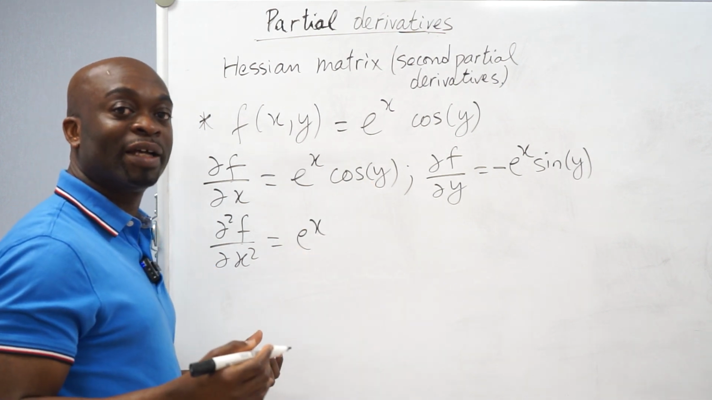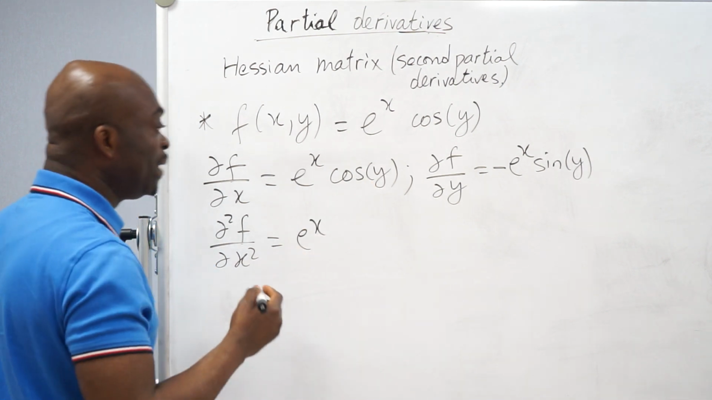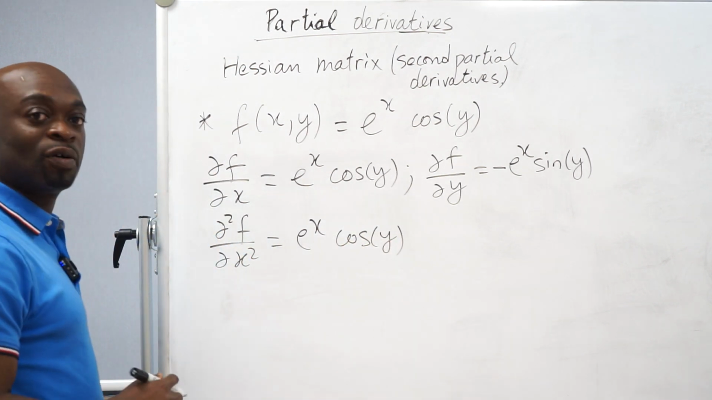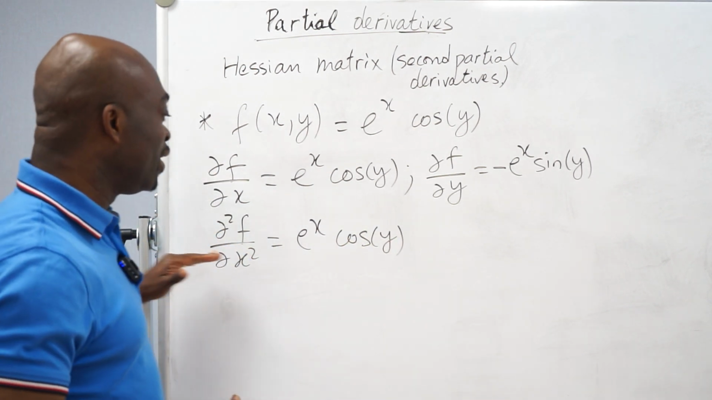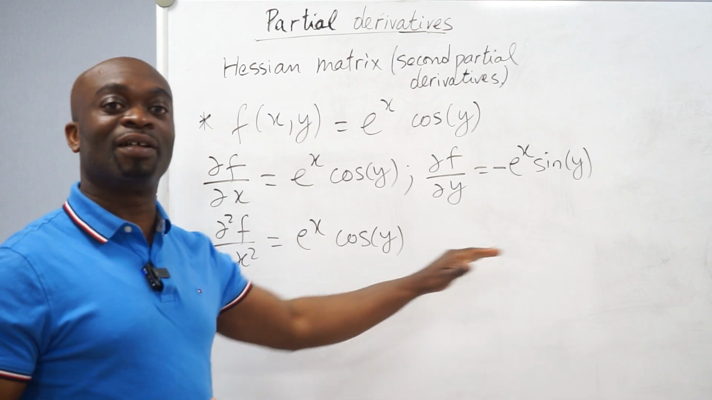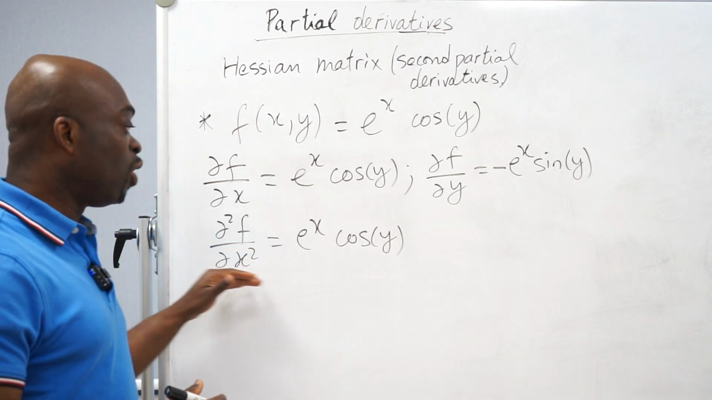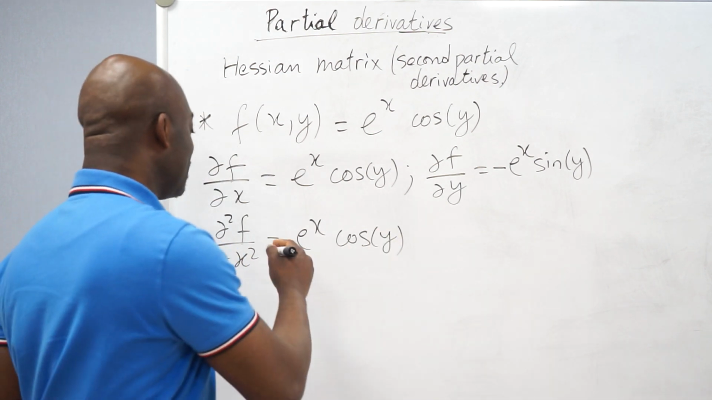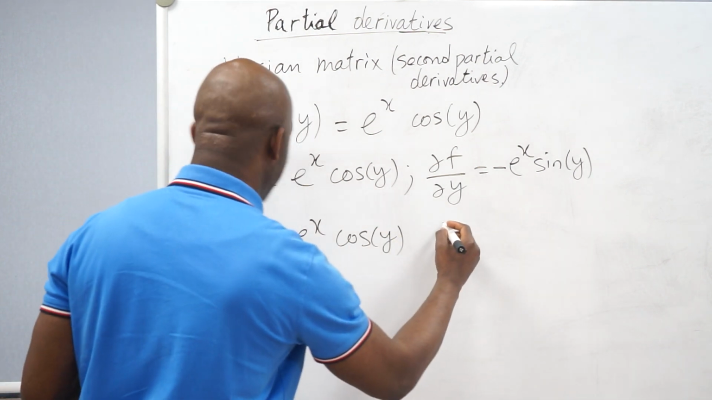So cosine y is now a constant, so we keep it as a constant. So that gives us cosine y. Okay? So like we did before, this now is the x line, the horizontal line or the row, so that's the x row. So we're going to finish with that. So once we get there, we have,